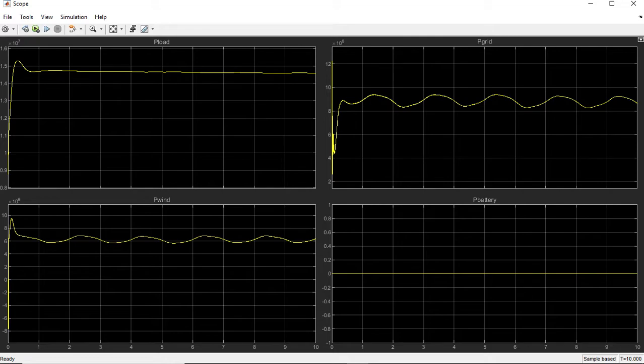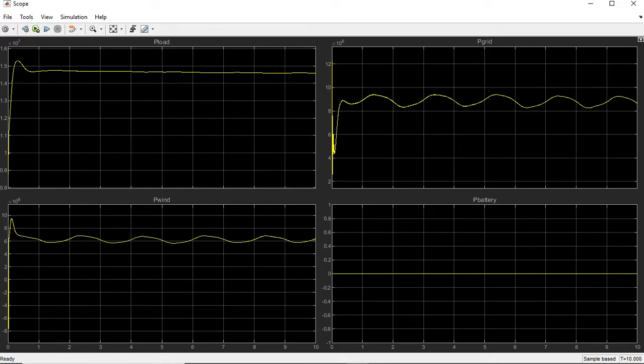You can see the load is taking around 16 megawatt of power, out of which 8 megawatt should be coming from the wind turbine, but because the wind turbine is producing fluctuating power, the rest of the power is coming from the grid. If you notice this graph, the power generated by the wind and the power taken from the grid are almost mirror images of each other. So P wind plus P grid should be equal to 16 megawatt at any given point of time. This is the idea.